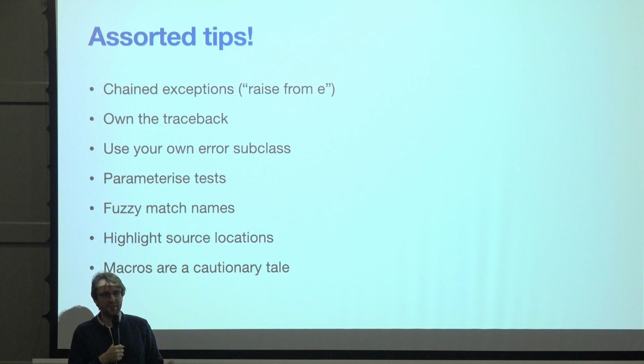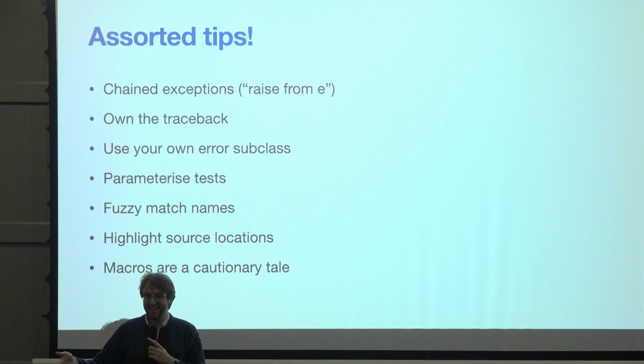Use your own error subclasses. Don't just raise a value error. It's useful for you to be able to catch specific things, and it can make things a bit more clear. Parameterize your tests. This is a case of the whack-a-mole thing. If your test is testing 15 things in a row, it's just going to fail at the first one. So if it goes and fixes that, then it's going to pass, but then fail at the second one. If you're going to test 15 different things, make them 15 different unit tests. That way you're giving people the information they need in one go. These are all failing, and these are the ways that they're all failing.